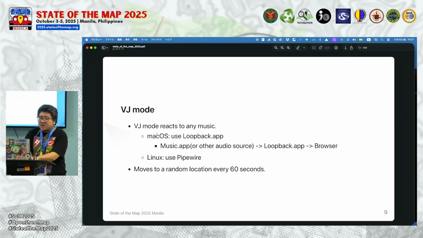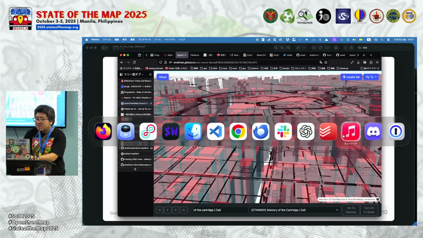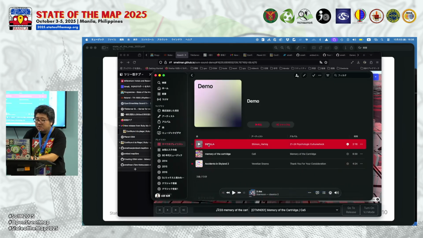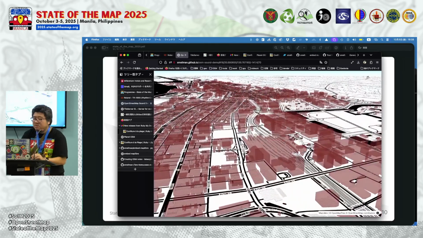You can use macOS or Linux to use this VJ mode. Sorry, I don't care about Windows. Okay, let's try it again. Play mode.